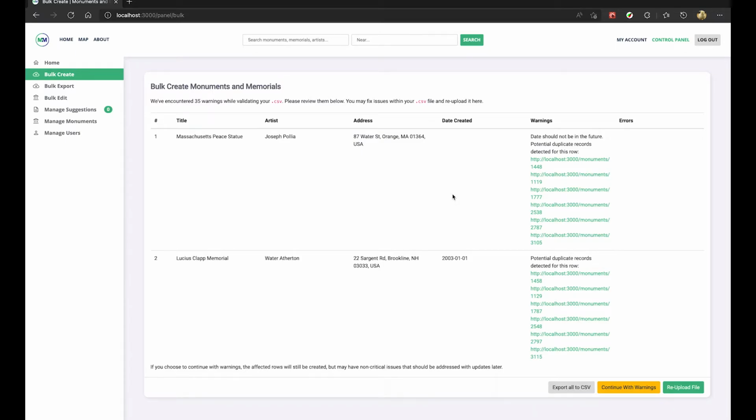My name is Henry, and I'll be walking you through some of the changes we've made to the Monuments and Memorials website. Starting off with the bulk create page, you can see when I upload new data, I'm greeted with a summary of potential warnings and errors, as well as specific identifying data. Here, in the warnings column, we can see that the website has detected potential duplicate data. We have also made improvements on the backend for parsing this data, such as removing empty rows and providing additional